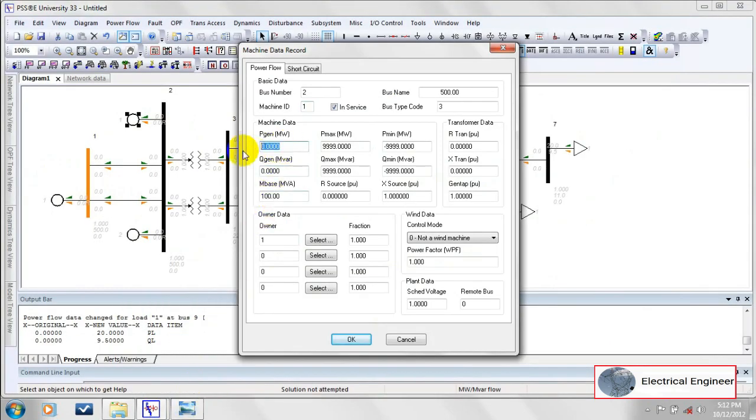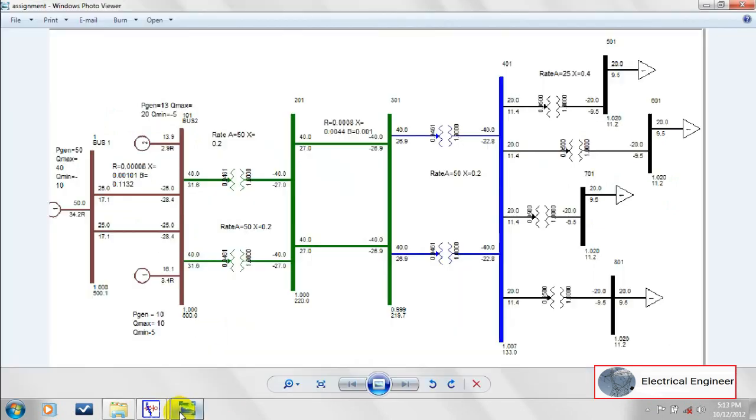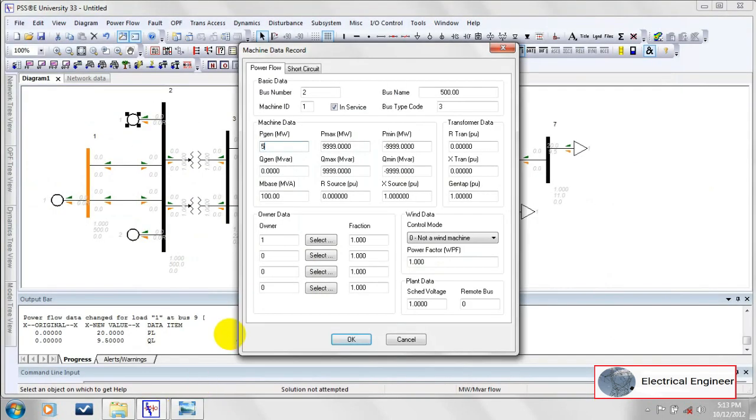We only need to enter Pgen, Pmax, Pmin, Qmax and Qmin. Qgen will be calculated by the software itself. In this example, we will not change Pmax and Pmin values.